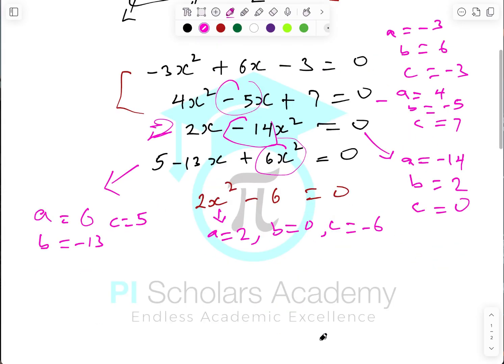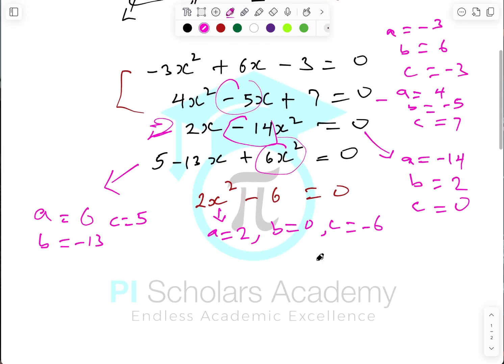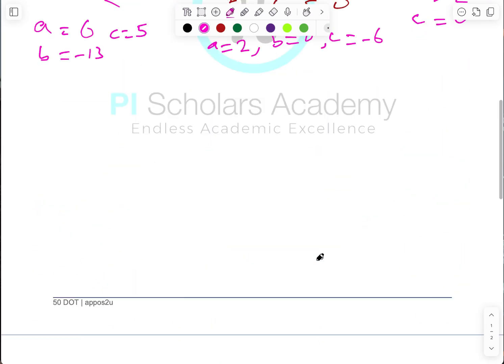So now that we have been able to establish that, you should be able to correctly identify your a, your b, and your c in a given quadratic equation. Now, the next thing we want to talk about is what type of solutions we are expecting for a quadratic equation. So you see, in mathematics, whenever you have equations of this sort, ax squared plus bx plus c